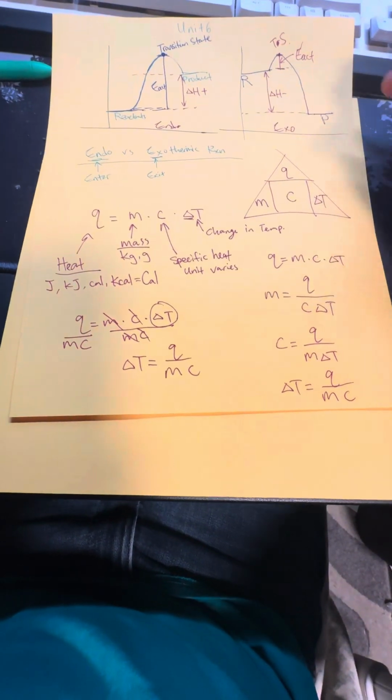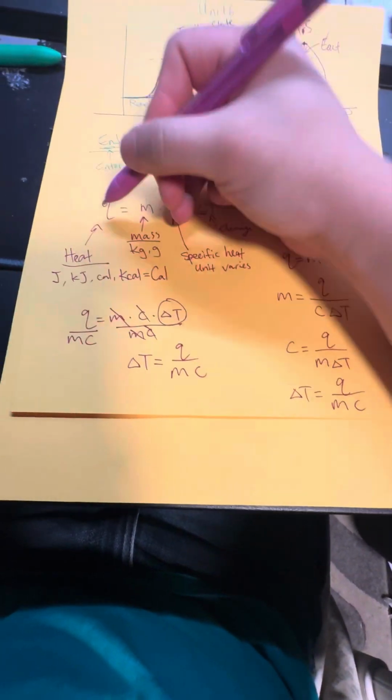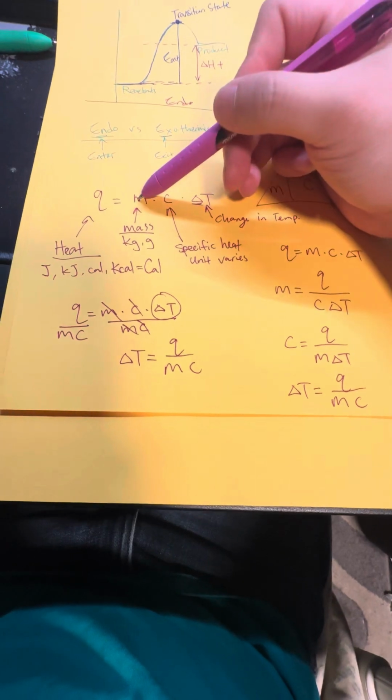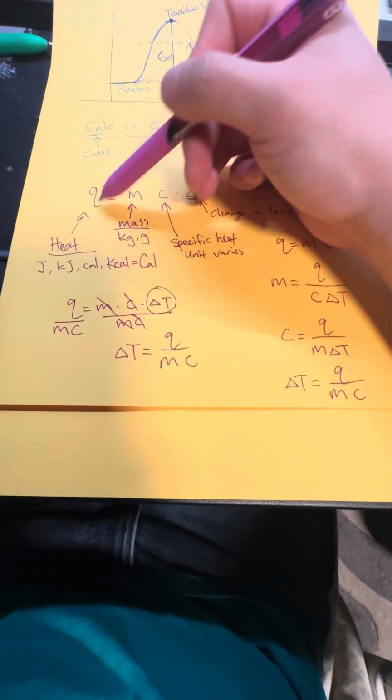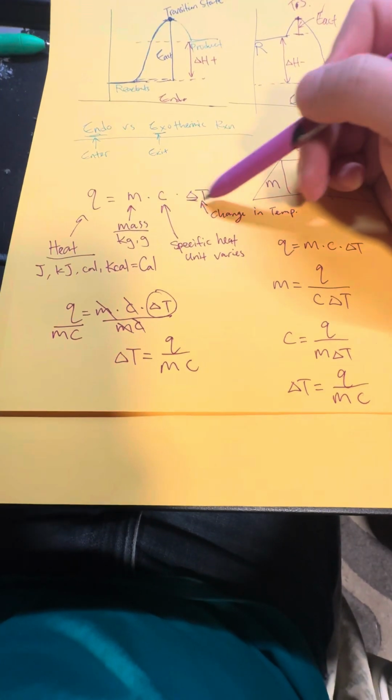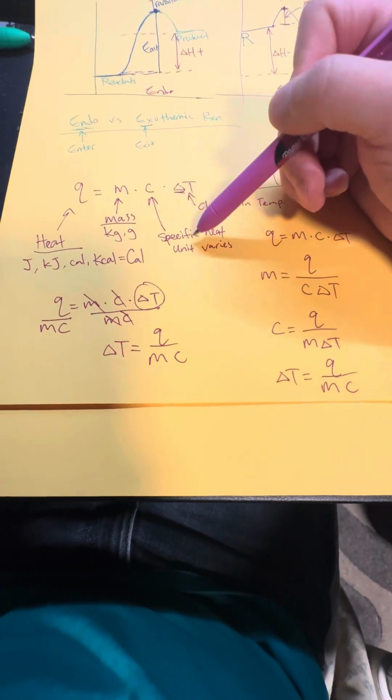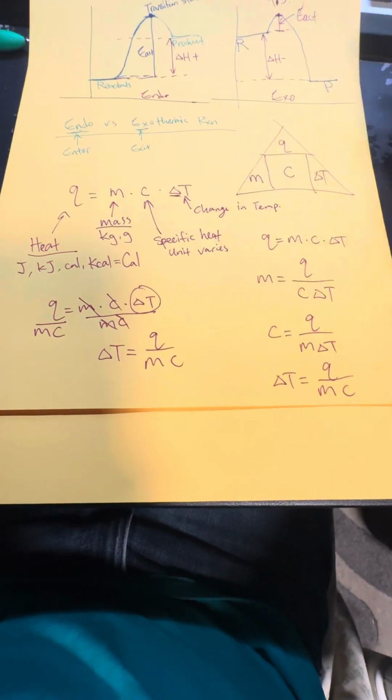And heat, Q, that's just our energy. M, that's simple, that's just our mass, how heavy something is. That's how much energy something has, and that's how much temperature has changed. So what exactly is specific heat? Everything in our world has its own specific heat. So for example, the specific heat of water